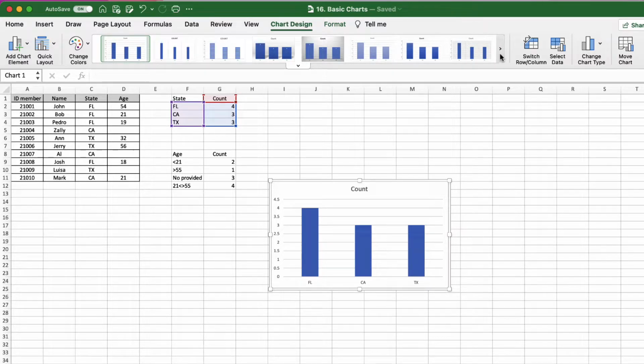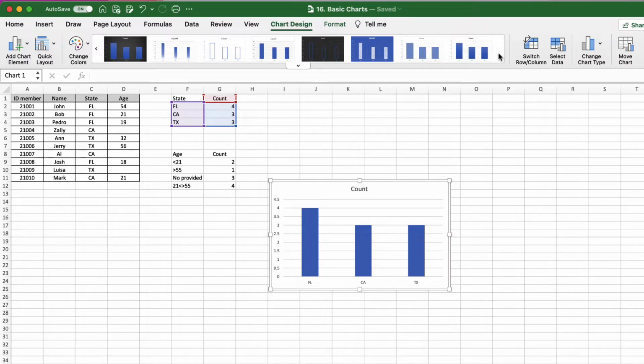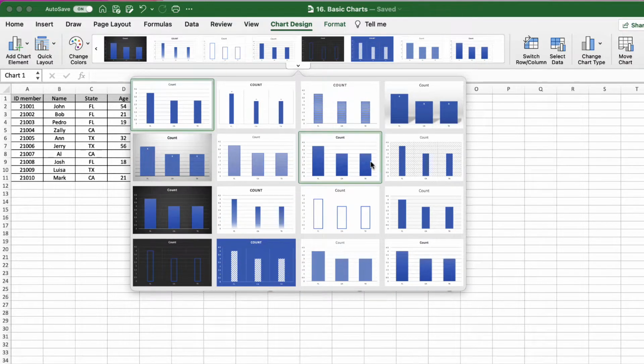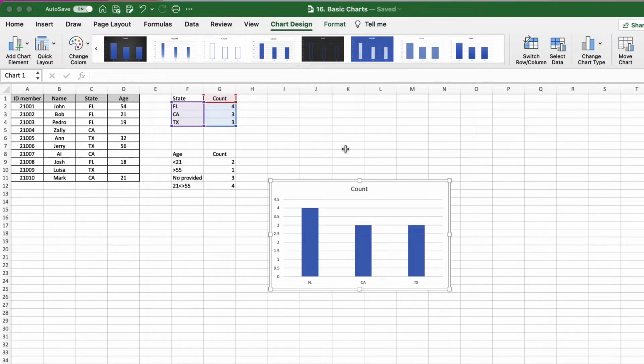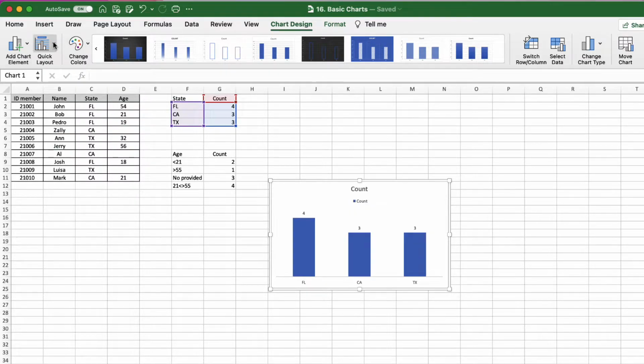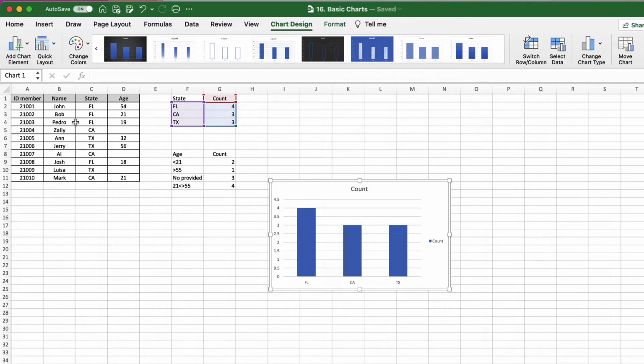The middle section of the ribbon has Quick Styles. Here, you can choose from a diverse selection on how you want your chart to look like. Quick Layout will give you predefined options as far as what elements you want to display in your chart and where, like titles, axis titles, and more.